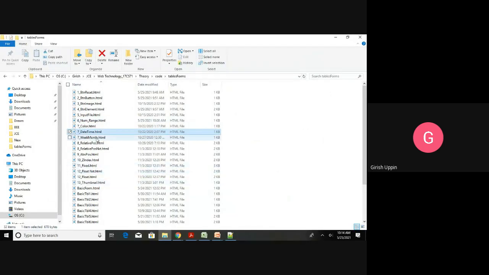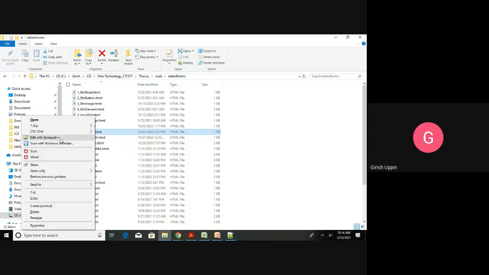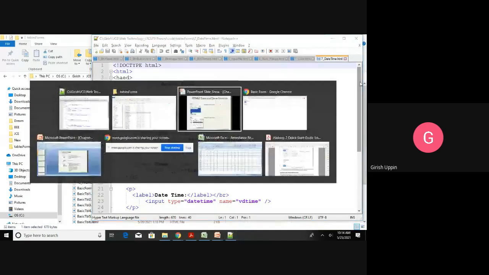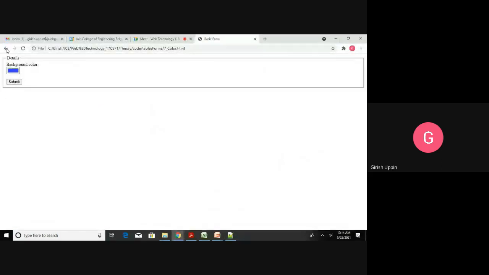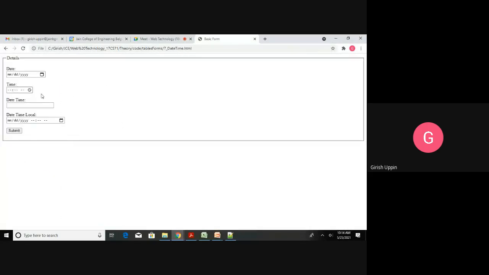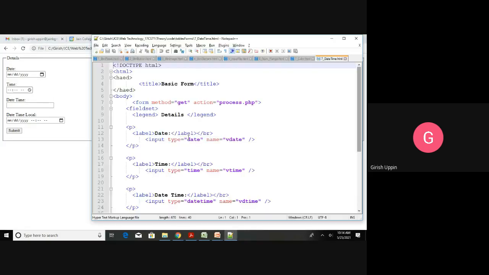So I have a date time HTML. Let me load the page, and then we'll look into the code. So we have all the flavors here. First we'll look at the source code, and then we'll click the certain button. First we have form, field set, legend, all those things are there.